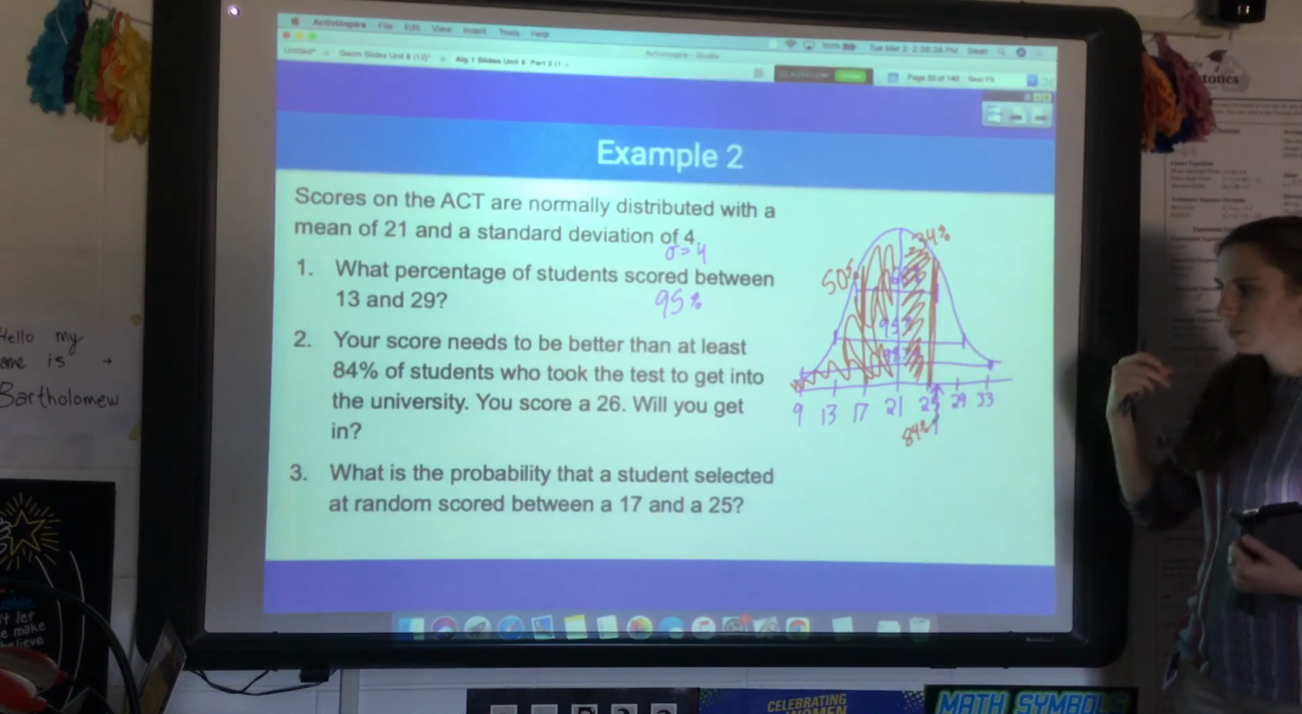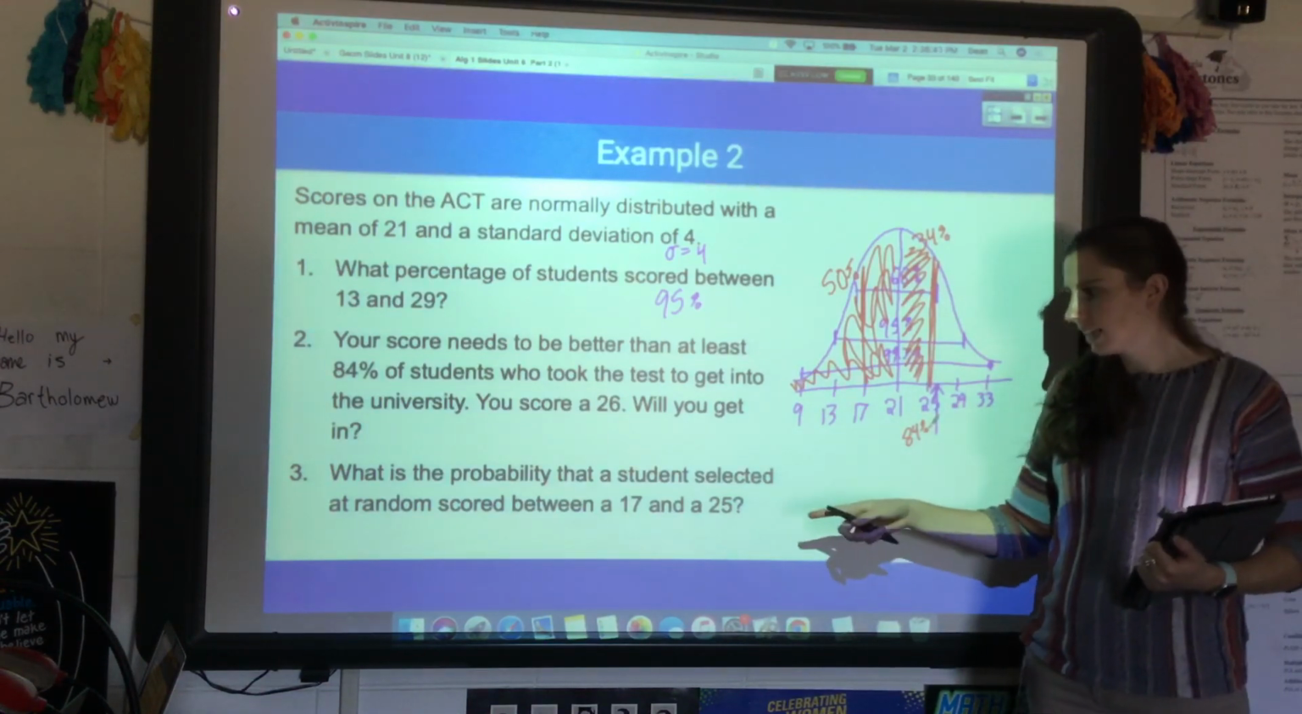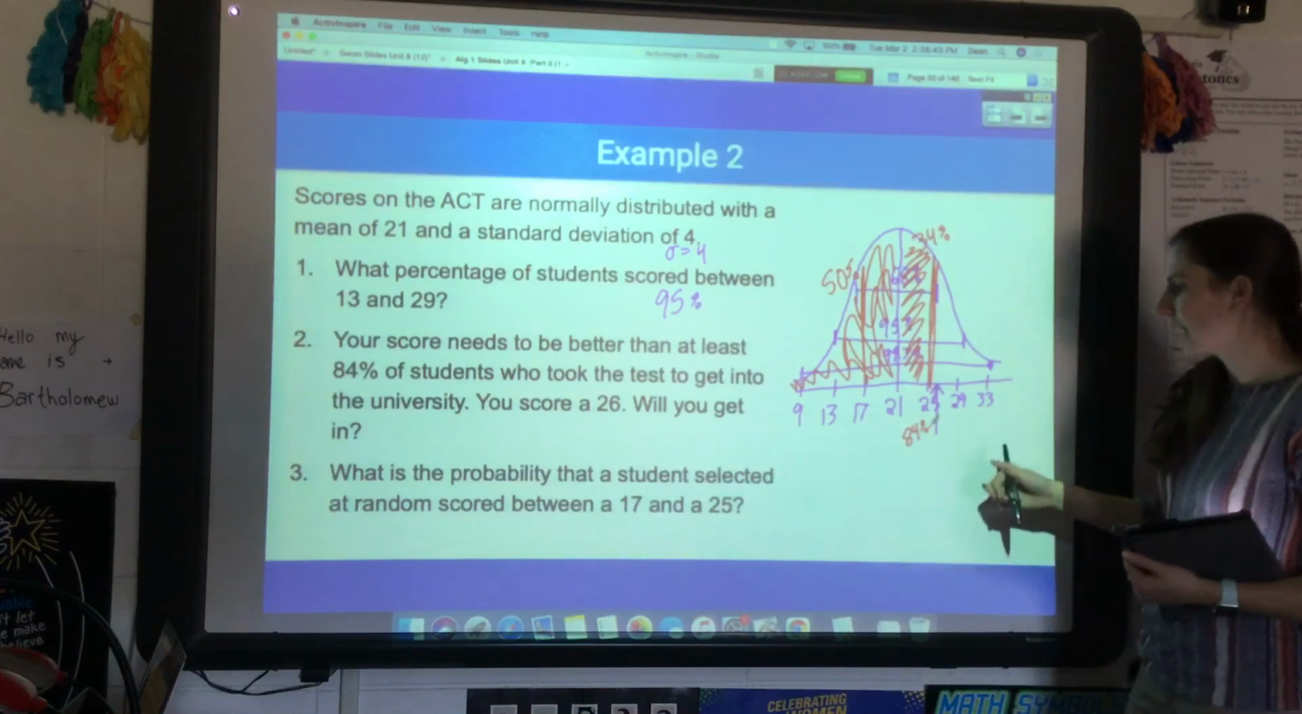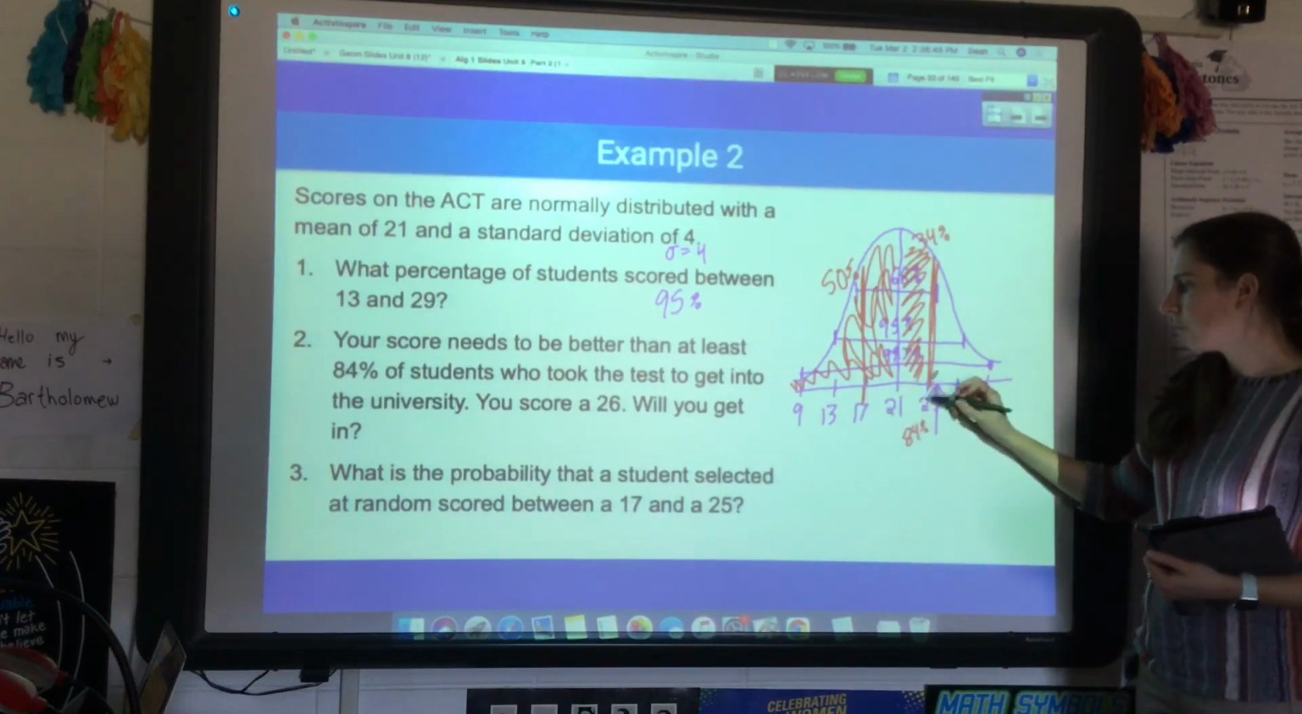All right, one final problem. What's the probability that a student selected scored between a 17 and a 25? That one's an easy one. 17 to 25 is just the